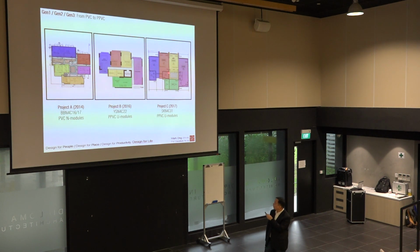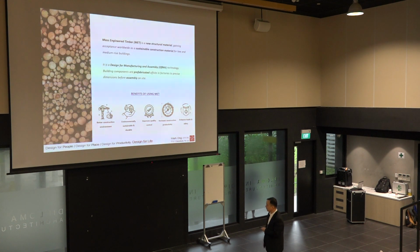Actually, now we are still talking to BCA about using this as one component because BCA still wants the floor slab directly in front of the bomb shelter to be in poured concrete. Okay, so that's PPVC. Now we go into the last segment of what I want to talk about, which is